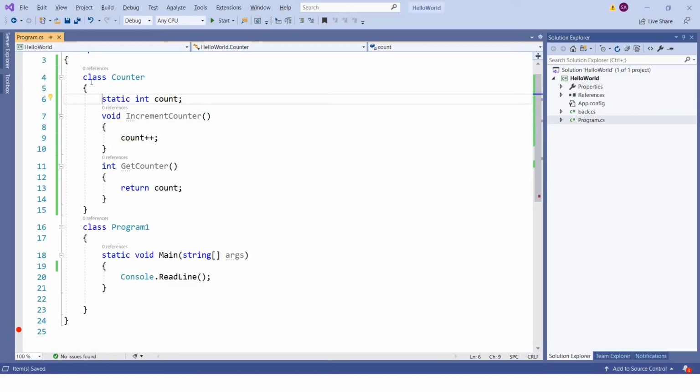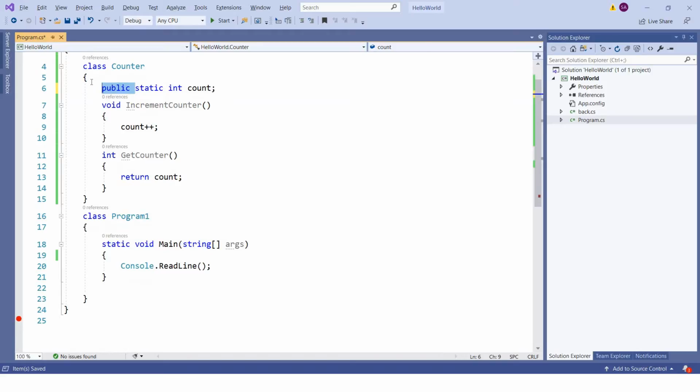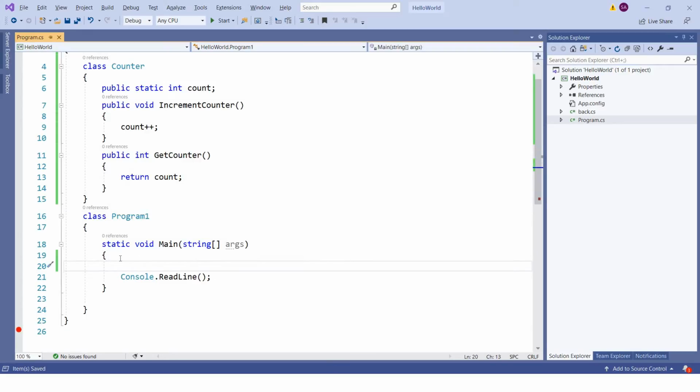Now since I want this to be used outside of this class, I'm adding them as public, similarly for other members as well. So we are done with this. Now I want to use this class, and to use these variables we need an object.